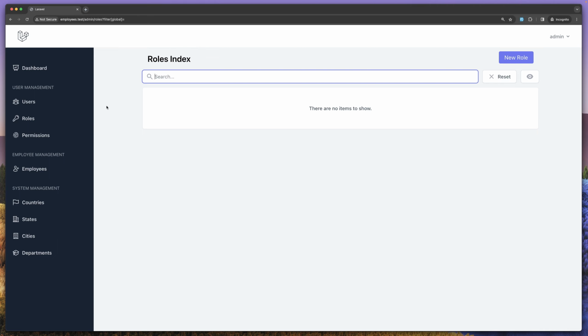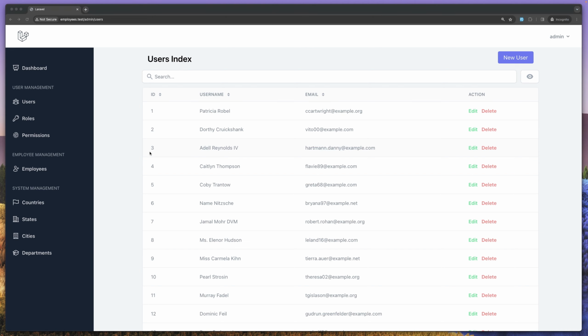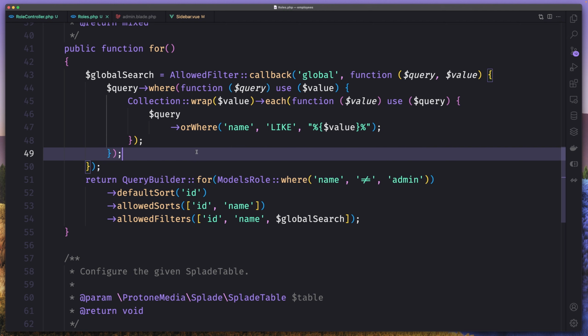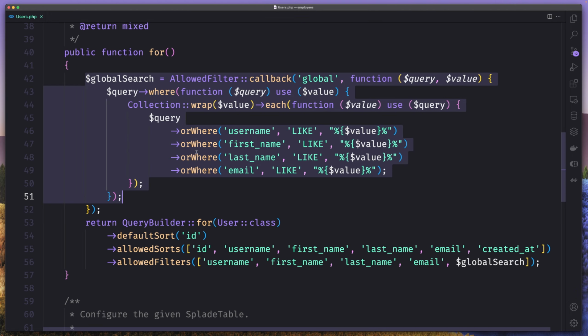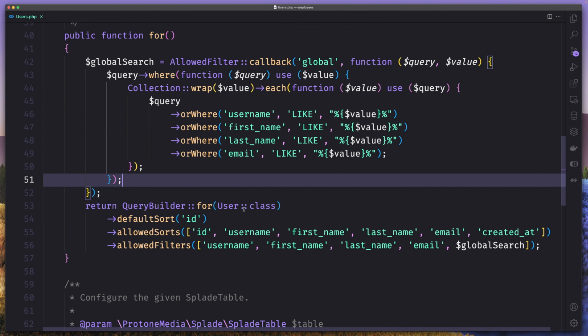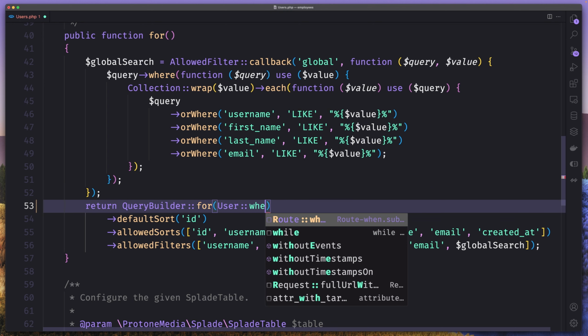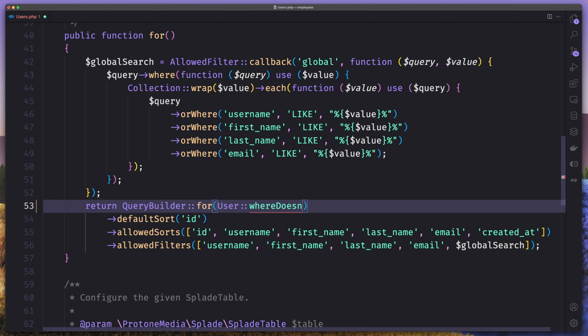Now let's do the same on the users. So now for the users, we need to check based on the roles. So to do that, let's close everything right now, and let's open the users table. And yeah, here now, instead of the user here, what I'm going to do, I'm going to say user where doesn't have, and here I'm going to add the relationship roles, and I'm going to use the callback, so function